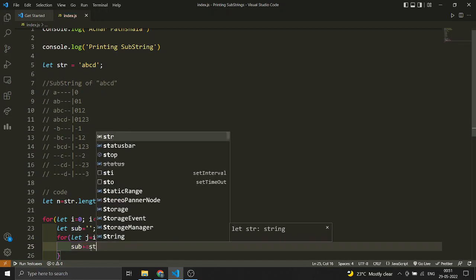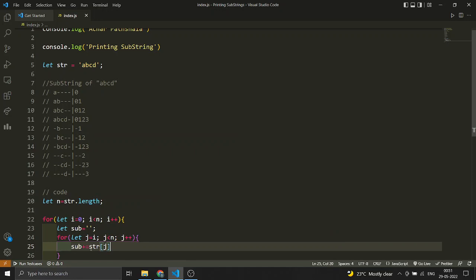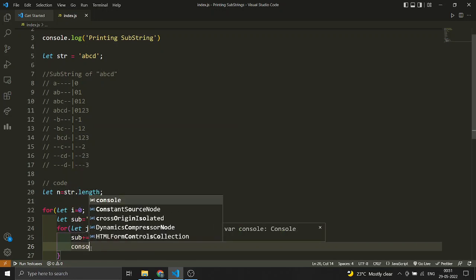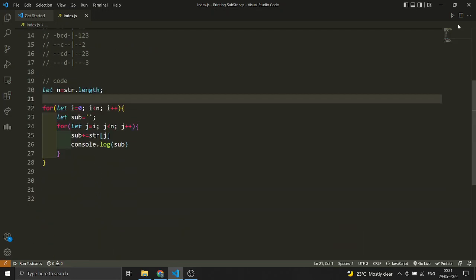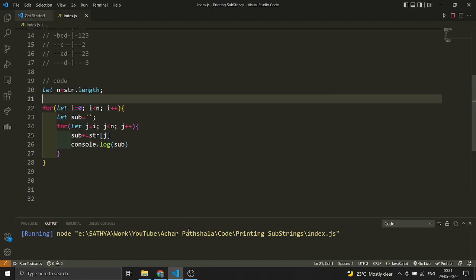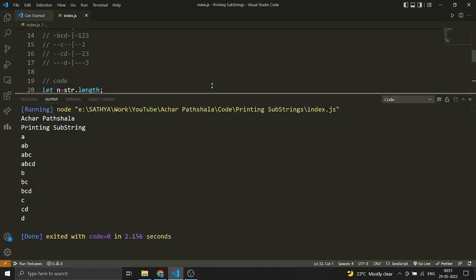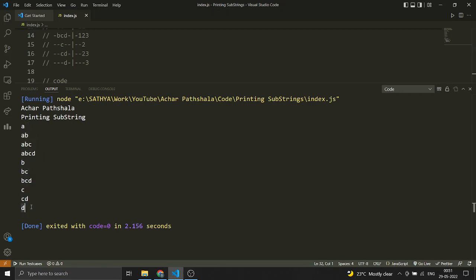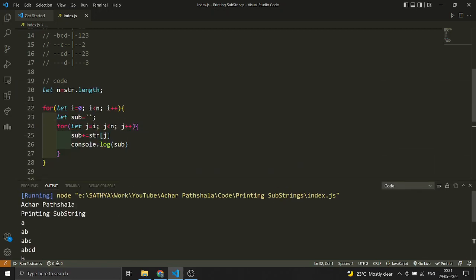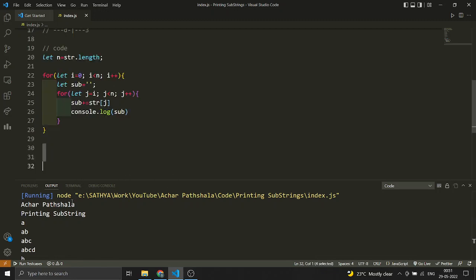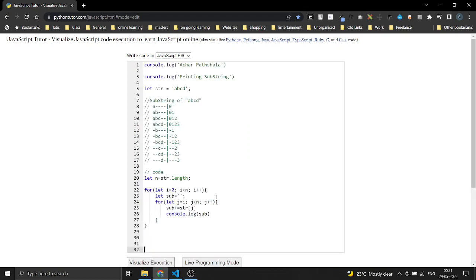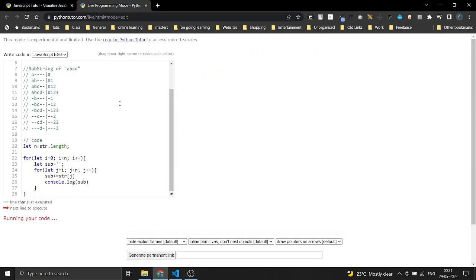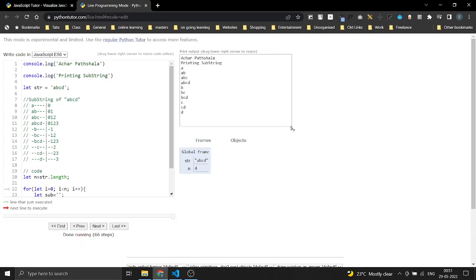So str of j, not i, it's j, and console it every time you get the substring. Okay, let's print it. Yes, this is the answer. And if you want to see the steps of how it runs, okay, let me copy this code, and you can use this website to visualize the steps. Okay, you have the answer here,